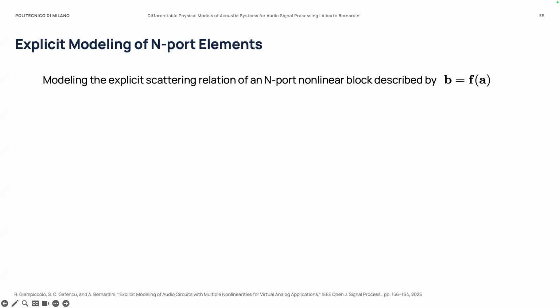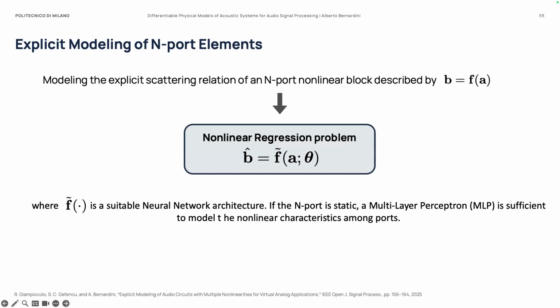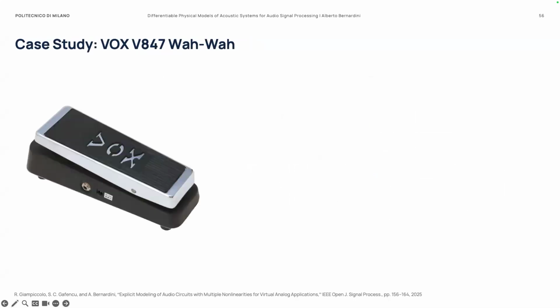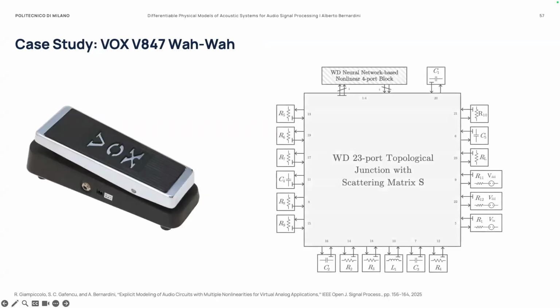Again, we are going to solve a nonlinear regression problem, which is more complicated, and we are going to model 2 transistors at the same time, putting both of them in the same block. So F is accounting for both transistors. Again, we use a multi-layer perceptron for this, and the data are obtained in SimScape. In some experiments we use SPICE, in others SimScape. And the example is the wah-wah pedal,